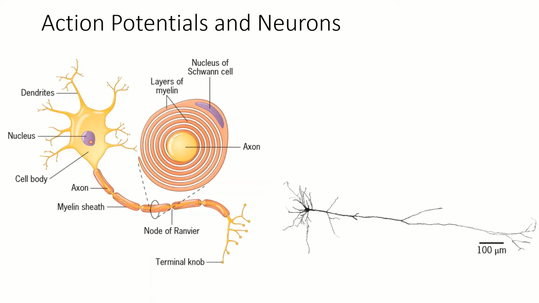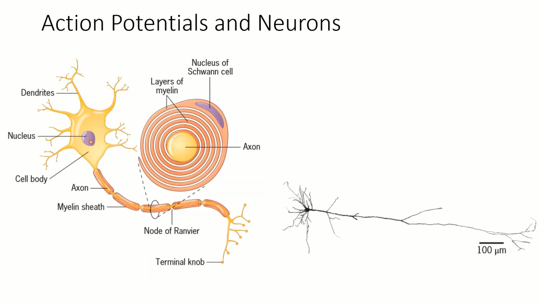The neuron, or the nerve cell, is actually a specialized type of cell which is very elongated in its shape. It has a cell body where the nucleus resides and dendrites that accept signals from other neurons. And then there is also a long structure called the axon, through which the action potential or the nerve signal passes. This axon is insulated by a fatty material known as myelin, which is produced by special cells called Schwann cells.